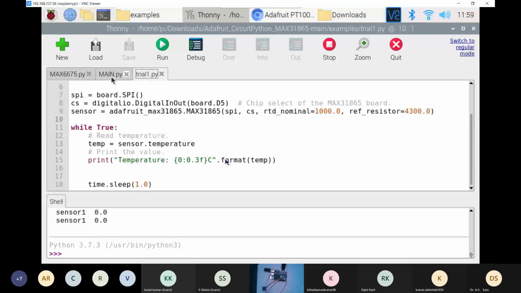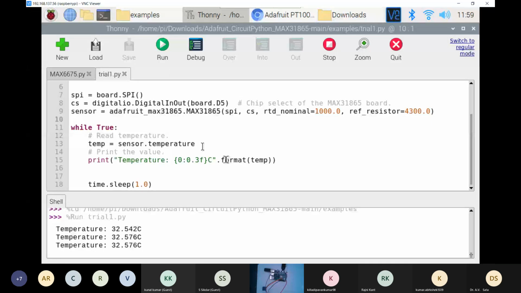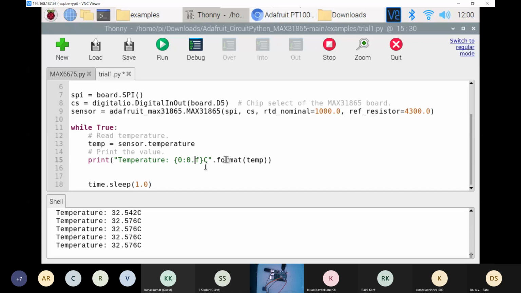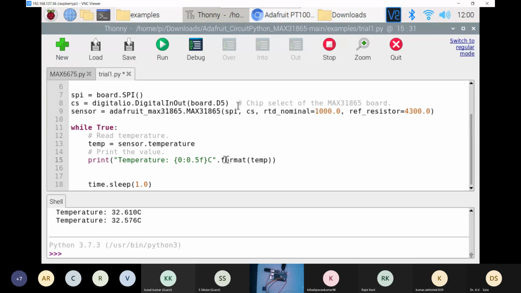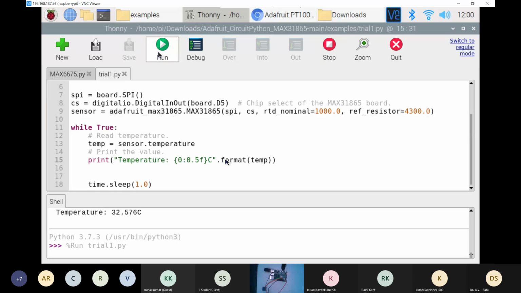So the temperature is perfectly fine, 32.576, which is near the DHT11 reading of 33 degrees Celsius, and it is showing 3 decimals, which I have mentioned over there. We can go from 3 to 5. We have to stop, and we can start it.